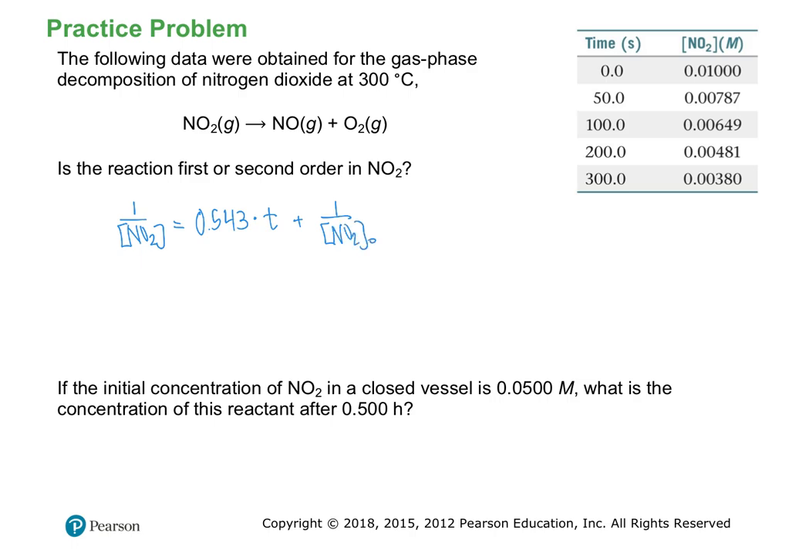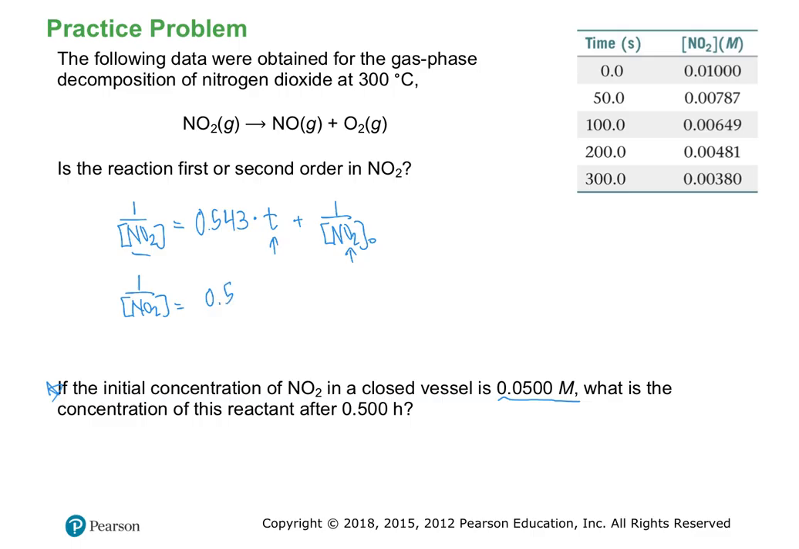All right, so now we could use our information because down here it says if the initial concentration of NO2 in a closed vessel is 0.05 molar, what is the concentration of this reactant after 0.5 hours? So a couple things we want to do. We're given an initial concentration, and we're also given a time, and we're trying to find the concentration at that time. So we're going to plug in our information, 1 over our concentration